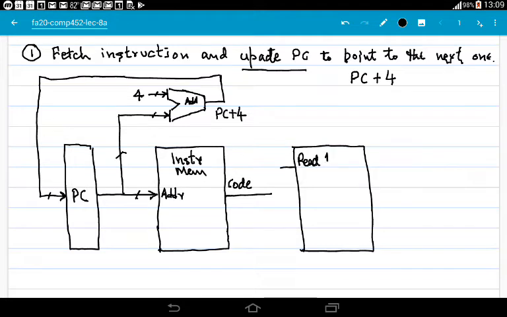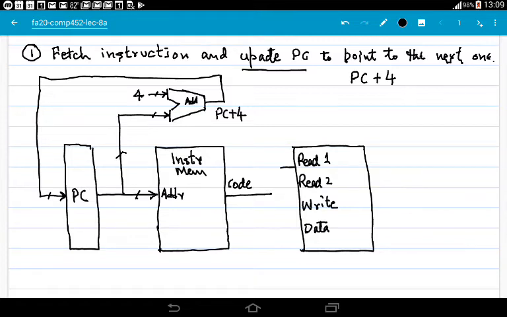I'm just going to write it read 1. This is read 2. This is write register number, and this was the data to be written to a register. Okay, now